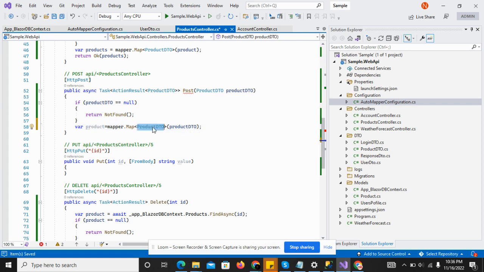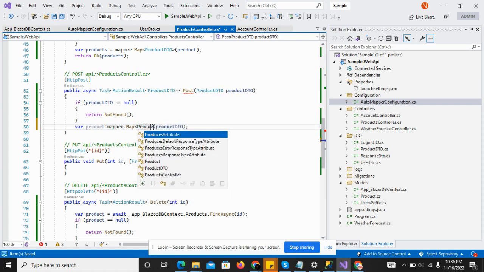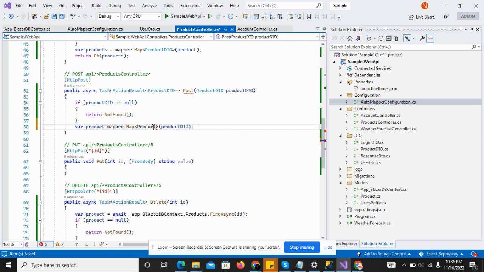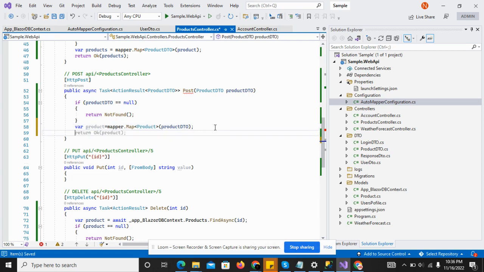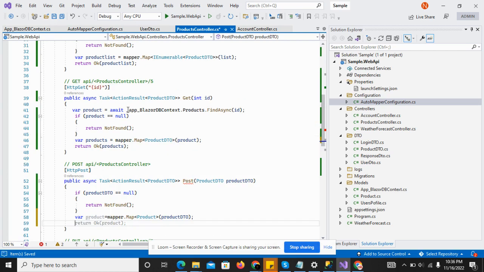So I have to change productDto, just replace productDto with product. So now it is mapped with this. So now I have to save the product,